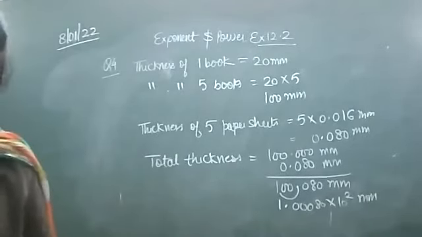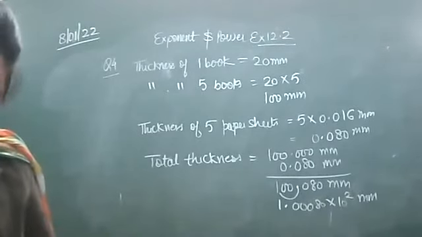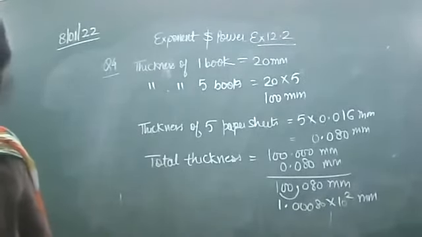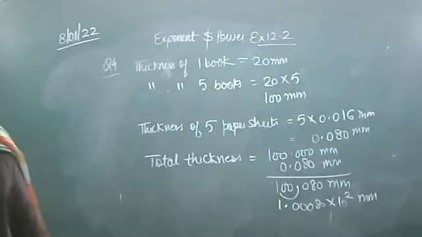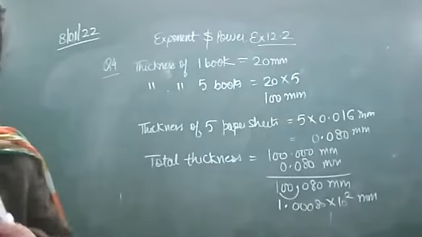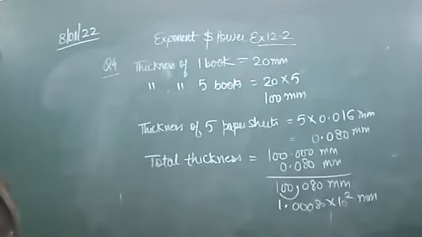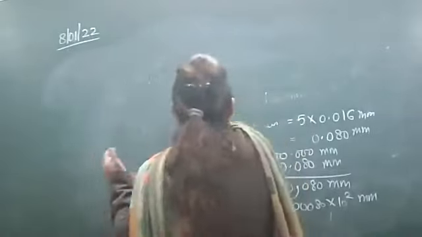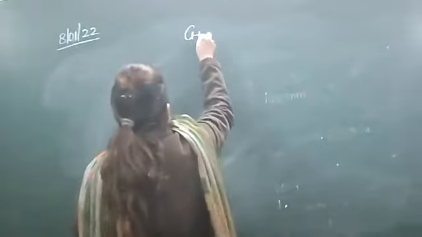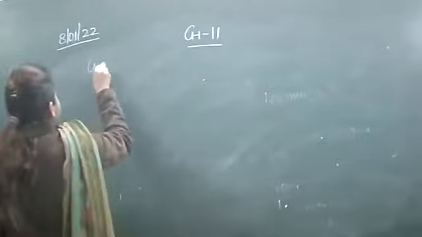Now we are going to start with the next chapter, that is chapter number 11, mensuration. So in this chapter, we will do 3rd and 4th exercise only. So before starting the 3rd and the 4th exercise, let's discuss some formulas that are related to this chapter. Now the first thing is cuboid.